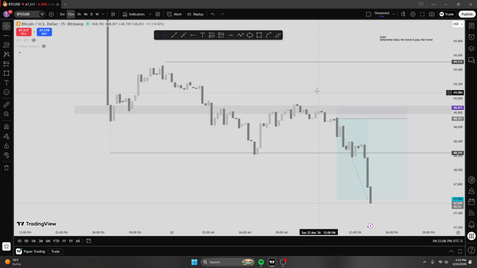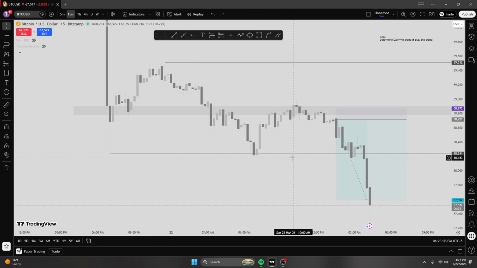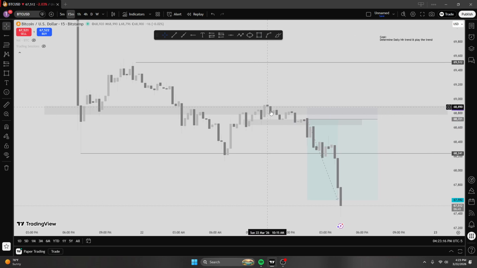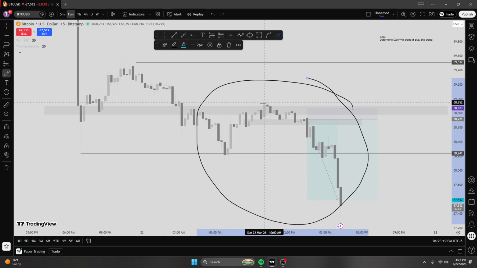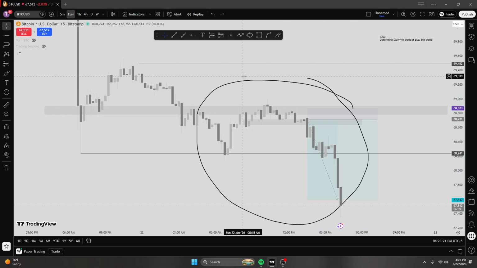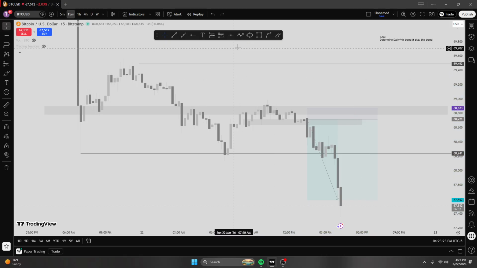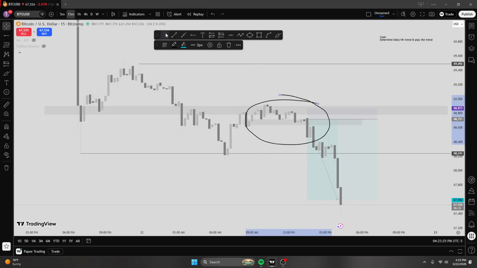All I have to do is confirm the 15-minute because the 1 hour and 4 hour are already on the downtrend. So how do I confirm the downtrend on the 15-minute? Here's the highest point on the 15-minute, right? If we're considering this range right here and only this, let me make it specific in case I document this and look back and I'm like, what the fuck is he saying? This specific range,